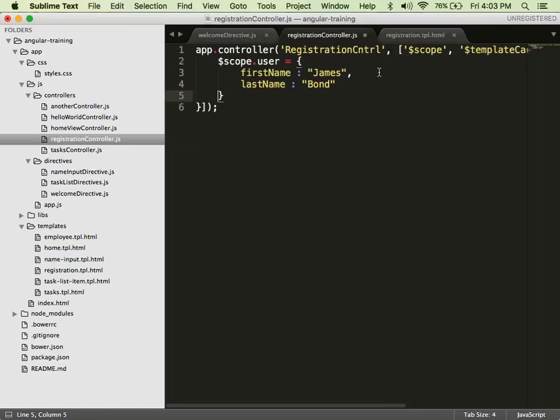Now, how to get the template? Using the same path that you have declared over there. In the same path you can use to get the template. Okay. So that's it. I think